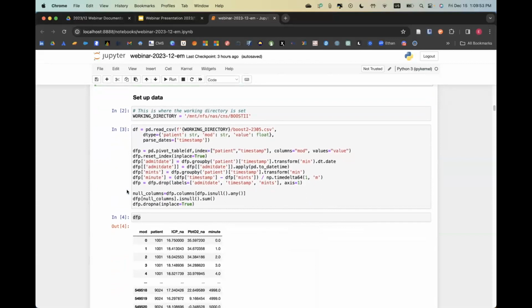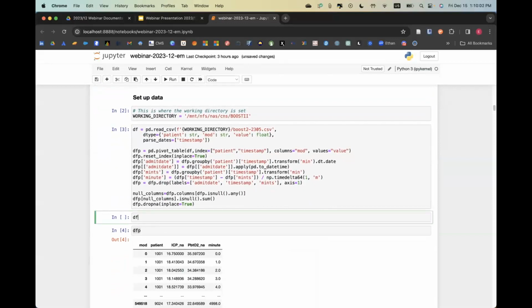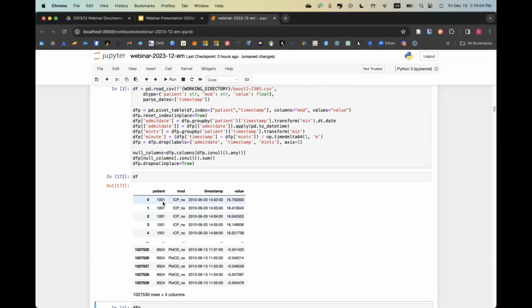Setting the data, this is pretty similar to what we did last webinar. We're effectively reading in a CSV file, and I can actually show you what that looks like before I do anything with it. So this is the data frame that Craig put together last time, and this is what will be available on the Boost 2 Connect workspace that we're working on getting situated up for everyone.